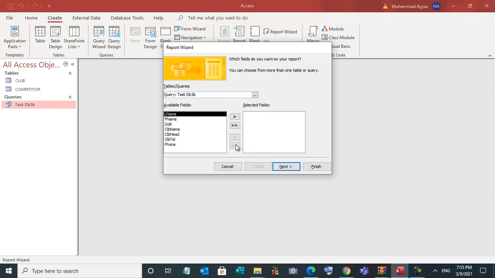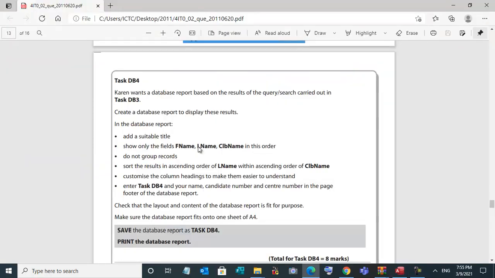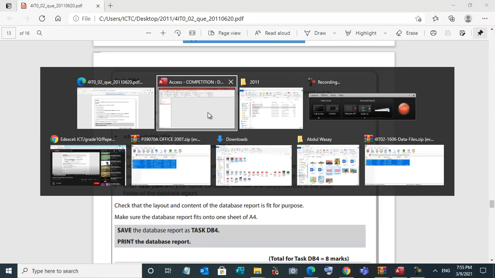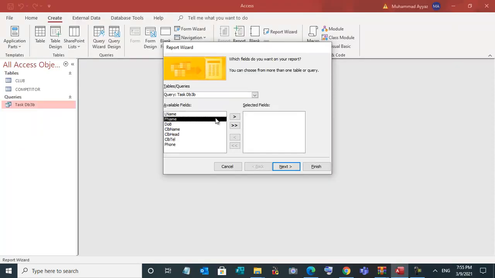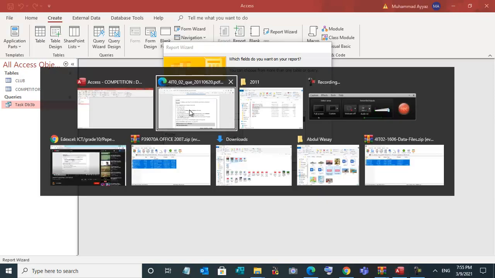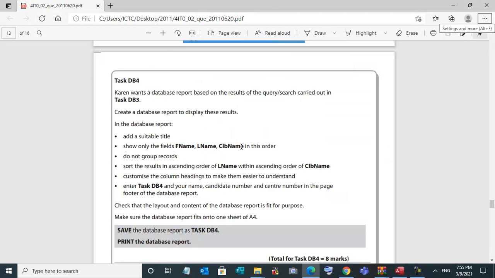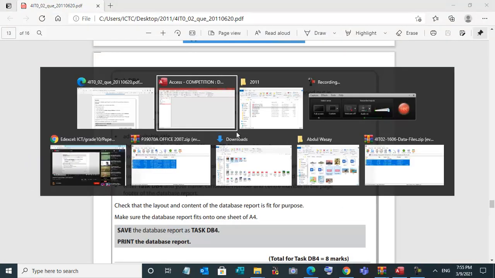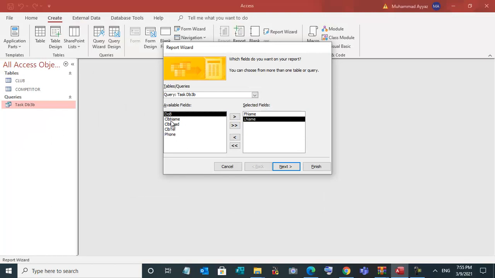Not all, they said show only these fields: F name, L name, club name in this order. Double click. These three fields are required.